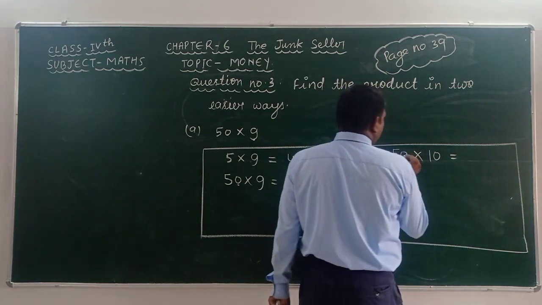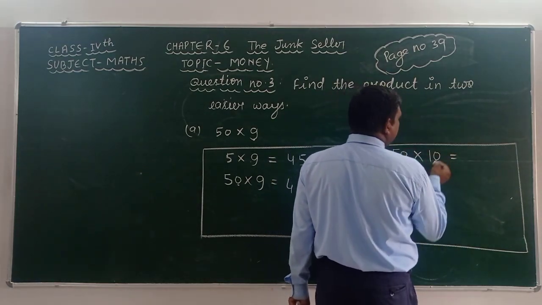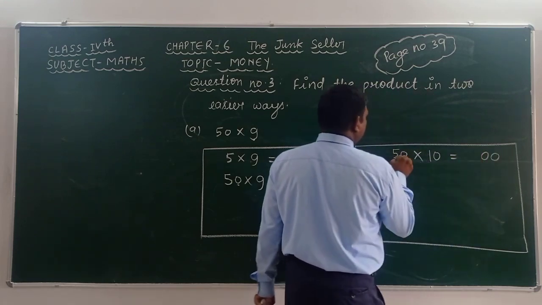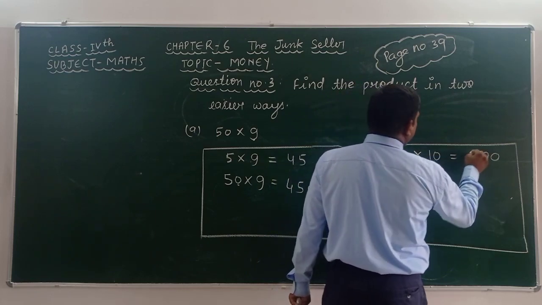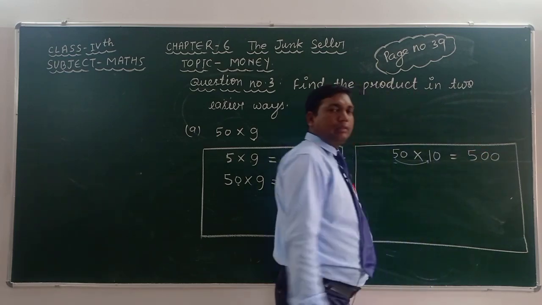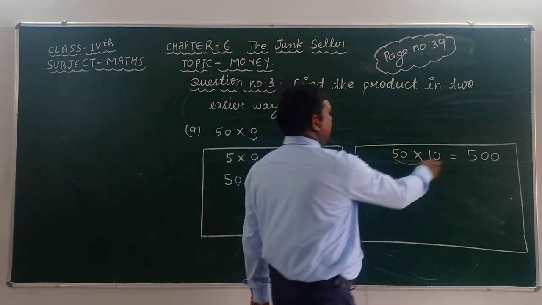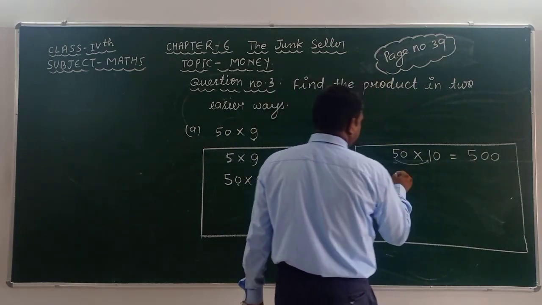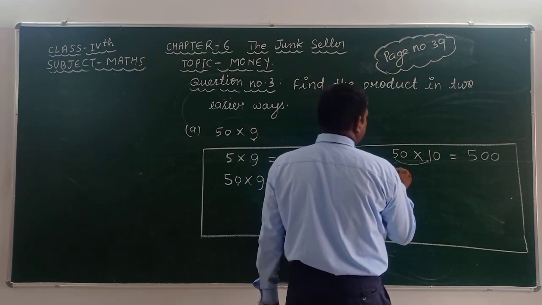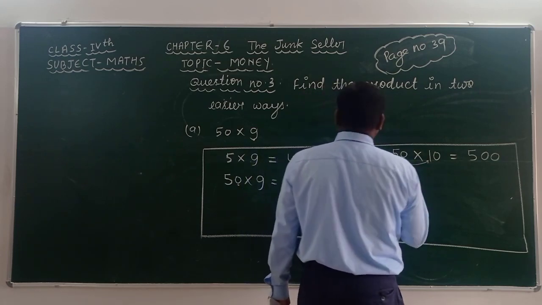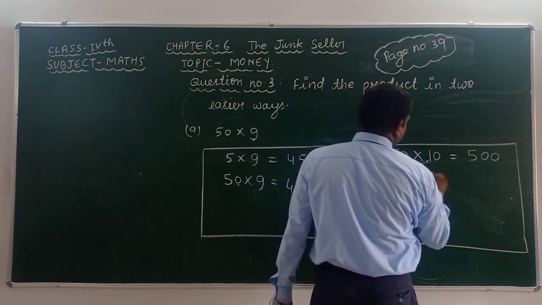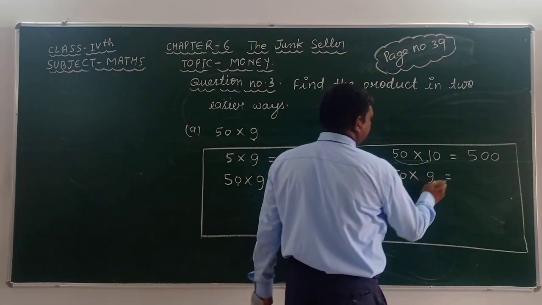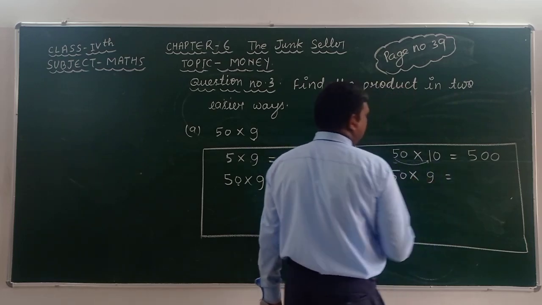Understand? Here we are given 0. It means that here given that 0. Therefore we can take 0 as same, and 5 ones are 5. After multiplying these, here we get 500. Okay, then again we can write 50 into this 9. 50 into 9. We know that 50 into 9 is equal to